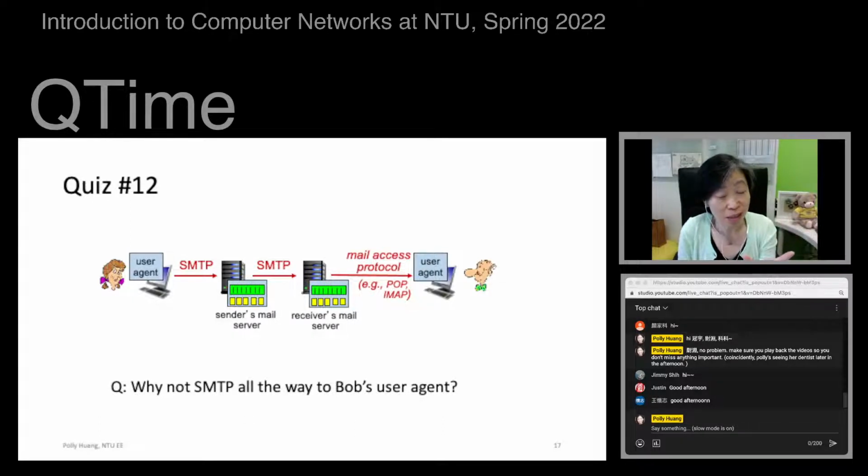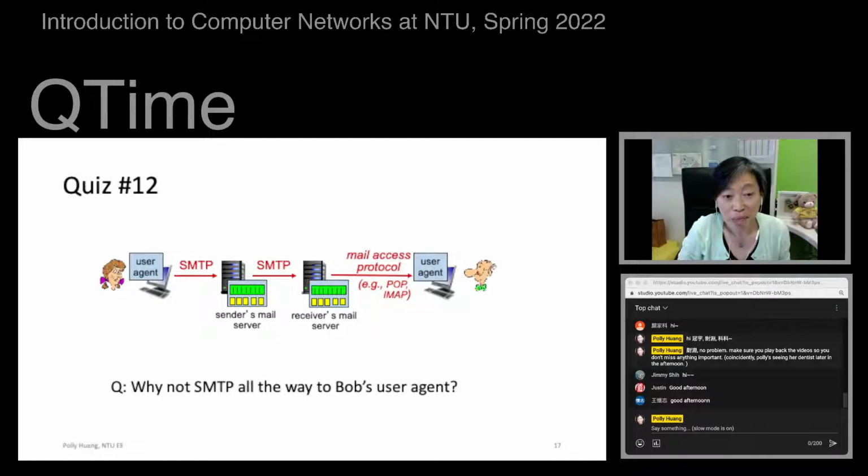Another level is SMTP between the servers, where some are the sending server and some are the receiving server. The receiving server is in fact the server in SMTP, and it receives emails from the sending server. SMTP only works up to that point.